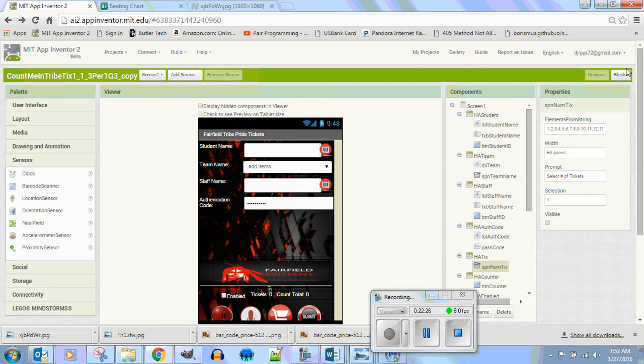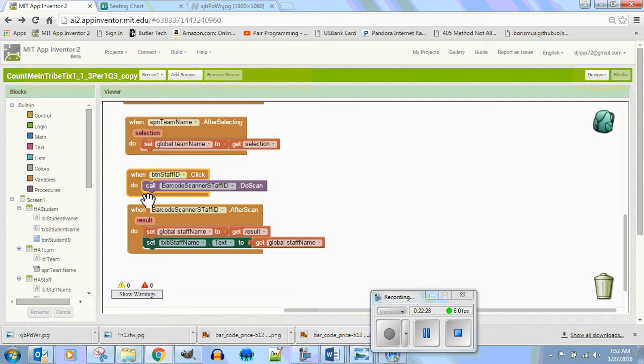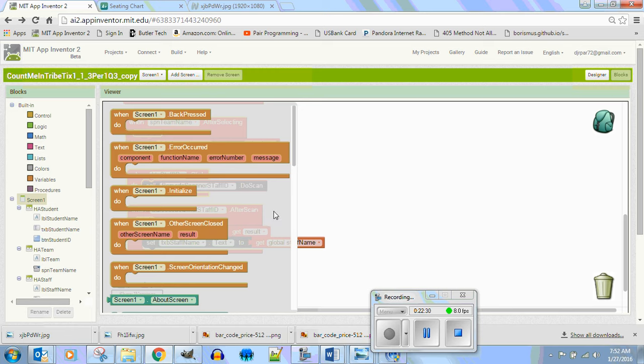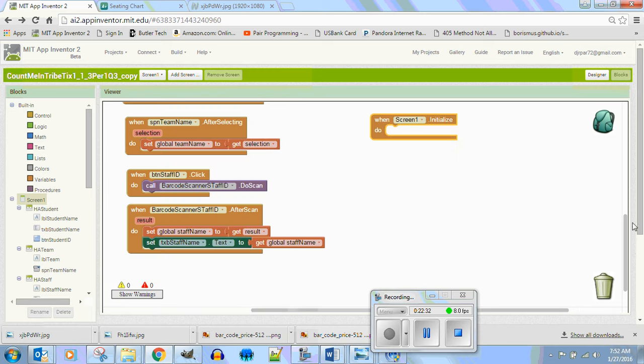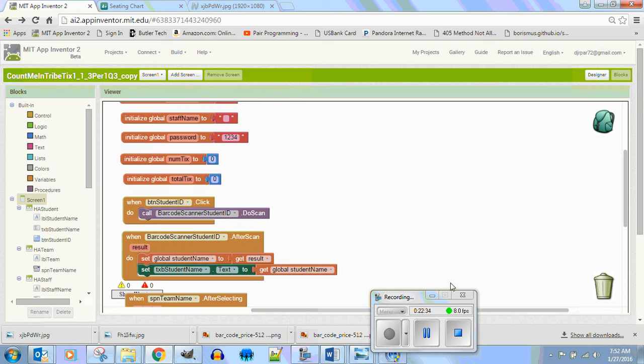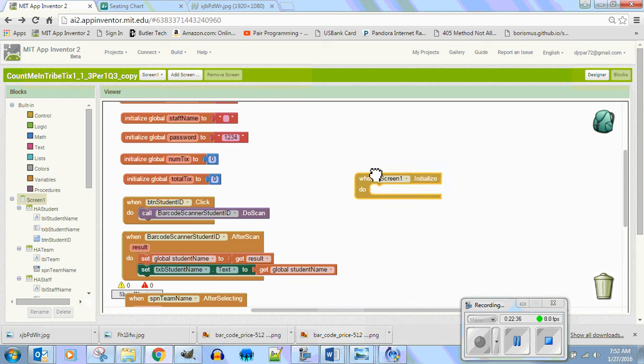So let me show you how to do this in code also. There's something called screen initialize. There it is. You know when you open up an app and then it just appears on your screen? That's the initialize stage. So when you start the app,